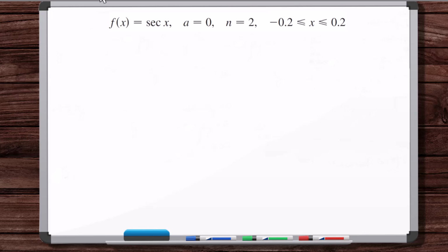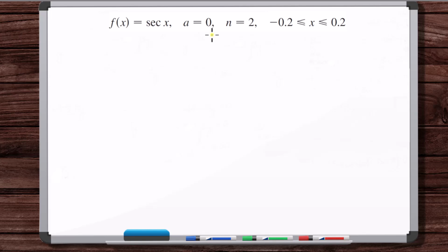Okay, for this problem, we're given a function. Here it's secant x, and we're first going to find the second degree, n is equal to 2, Taylor polynomial of secant x centered at 0. Then we want to use Taylor's inequality to estimate the largest possible error being the difference between the value we